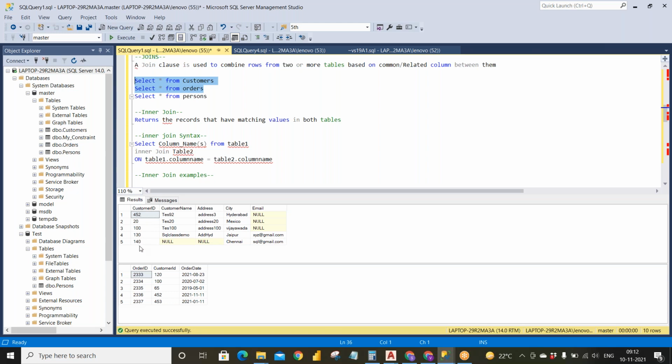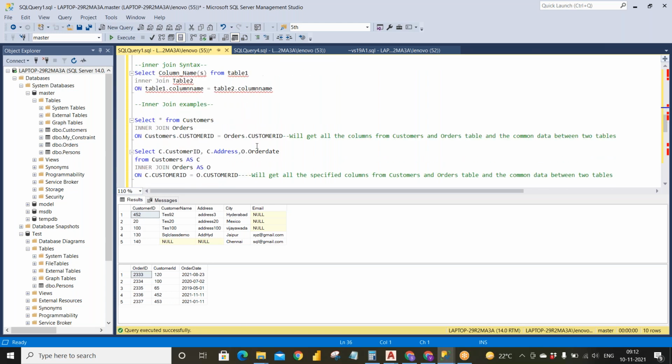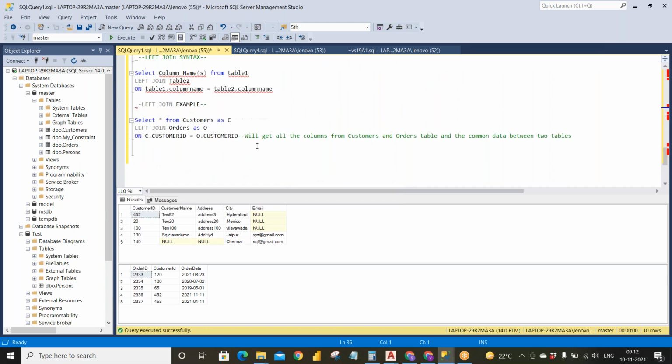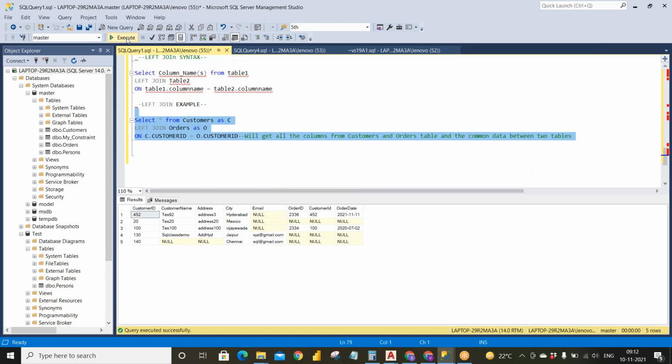All these rows will be coming into the picture, and the common records between customer ID and order ID, that is 100 and 452. So we'll be getting all the common data as well as the data from the left join. We'll see how it works. Okay.